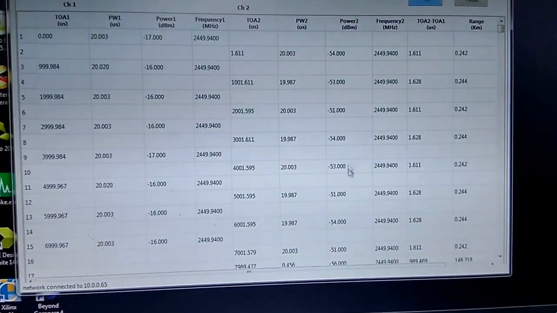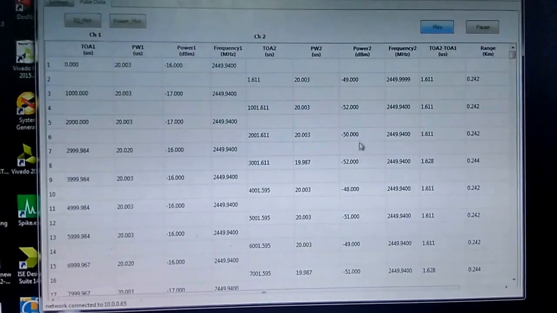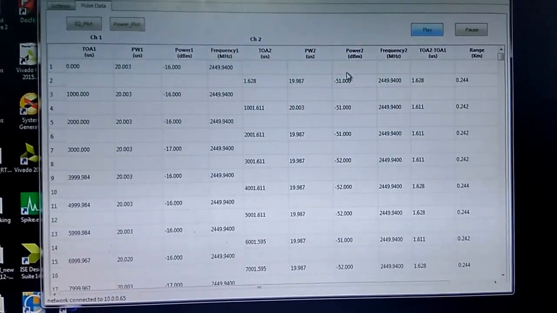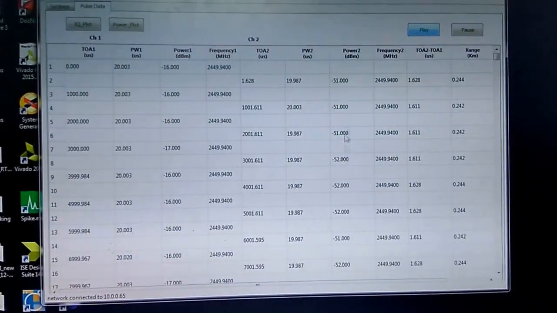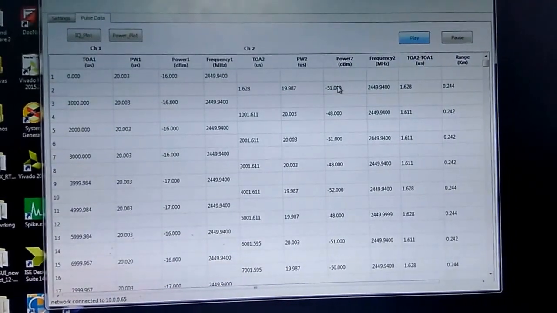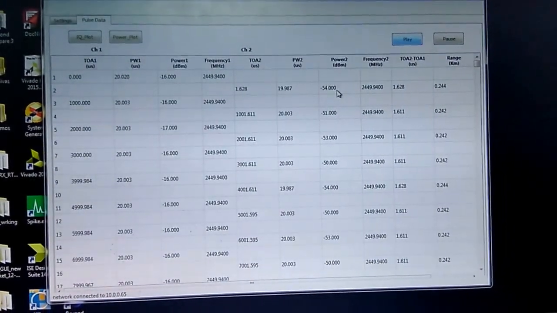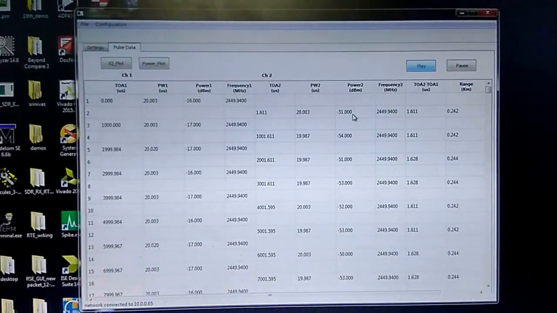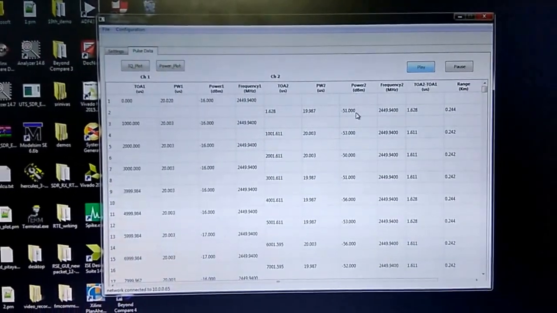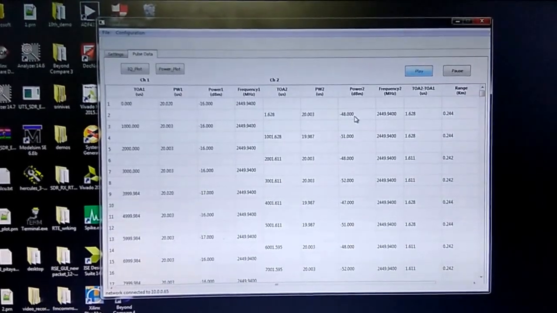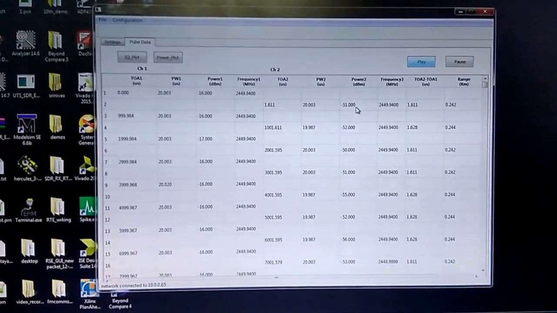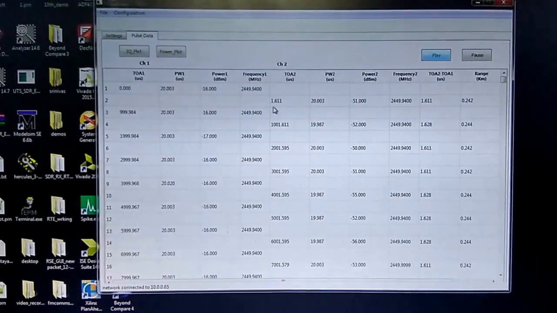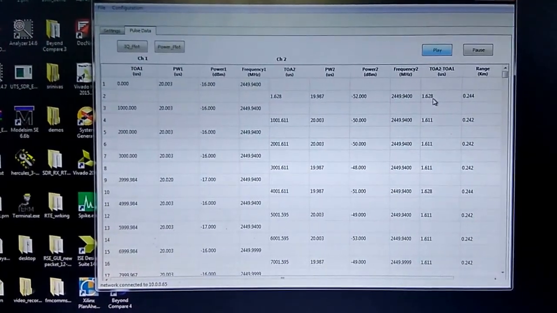Now you can notice here that we are radiating the signal and receiving it, so we never see consistent results, but you can make out the average change with respect to the previous one. There is around 4 to 5 dB. So we have attenuated the signal by 5 dB. In this way it is possible to attenuate the echo power by whatever amount you want. Now the range is still at the 1.6 microsecond only.